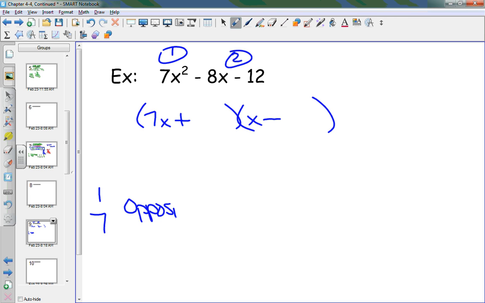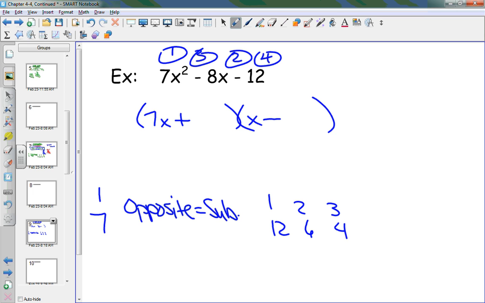What operation am I going to be doing? I'm going to subtract my inner and outer terms. Do we get that? So I've dealt with this. And now, what are my factors of 12? 1 and 12, 2 and 6, 3 and 4. Yes? So now, we have to strategically put 3 and 4 in there so that whenever I multiply one of